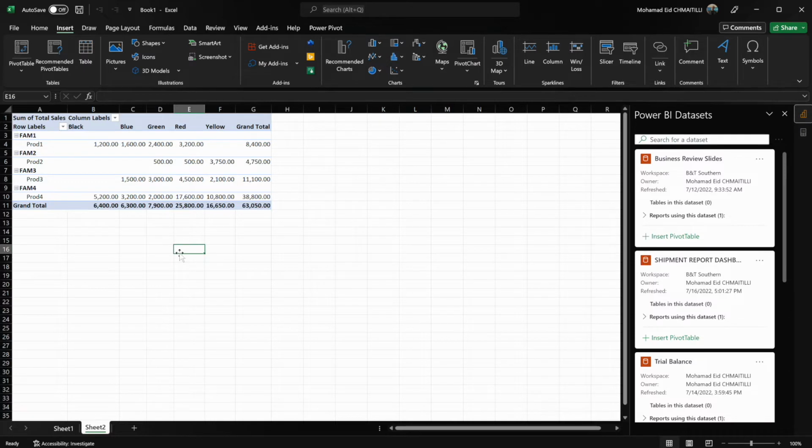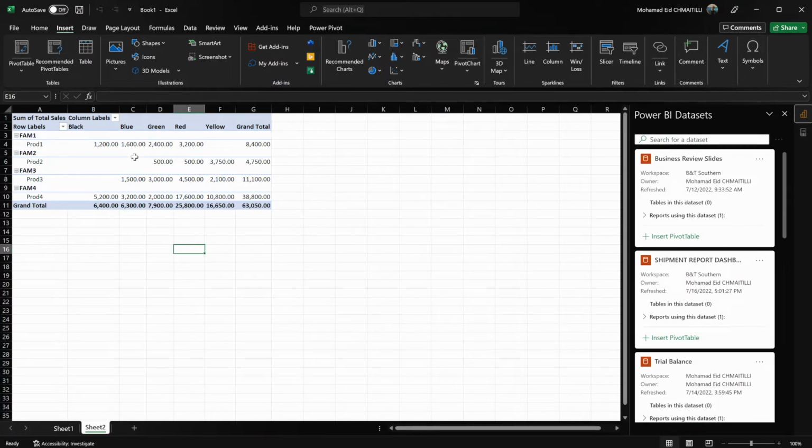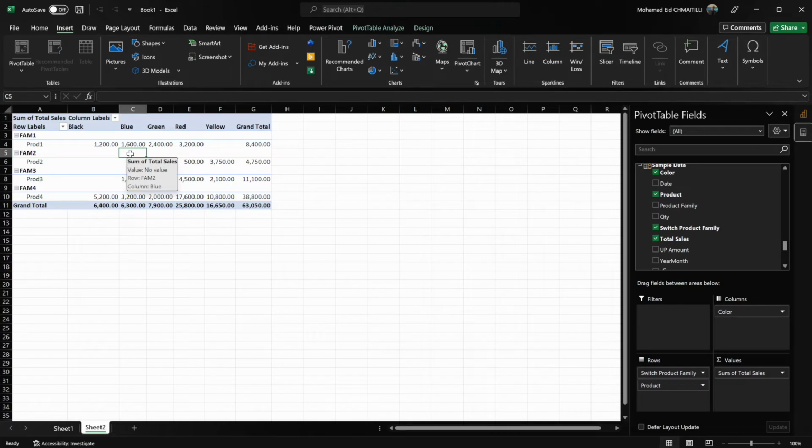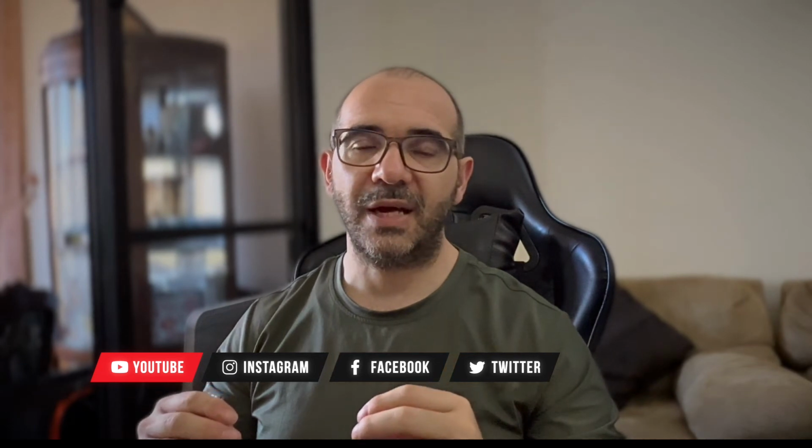And you can see, as soon as I click outside, I can see all the other data sets that I work on, and I can further analyze these also, and I can connect to multiple data sources. Here, this is a very strong feature that can be utilized in so many different ways. This is it. It's just a simple update. And you can see that so many updates are coming now in Power BI.